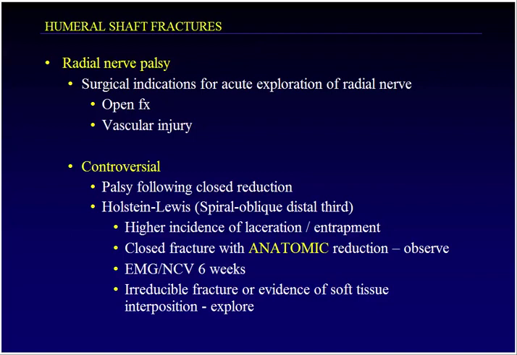If you have a palsy following a closed reduction, so you perform a closed reduction maneuver, you put the patient in a fracture brace, and the patient who previously had an intact neurologic exam now has evidence of radial nerve injury. When I was a resident, there's no question that the correct answer was that the patient had to undergo surgical exploration. However, recently this has been looked at, and it's now understood that, again, most of these patients have a neuropraxia, and the nerve recovery will occur spontaneously in the vast majority of the cases, and those patients do not necessarily need surgical exploration. The one exception to that would be the Holstein-Lewis fracture, where because of the fracture anatomy,